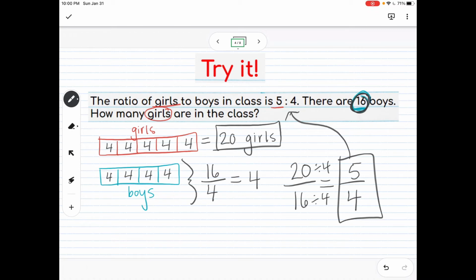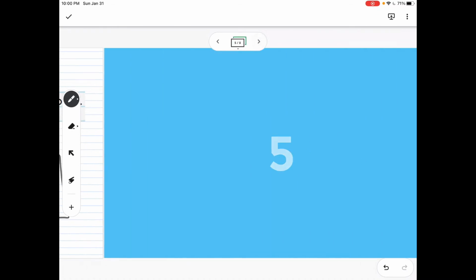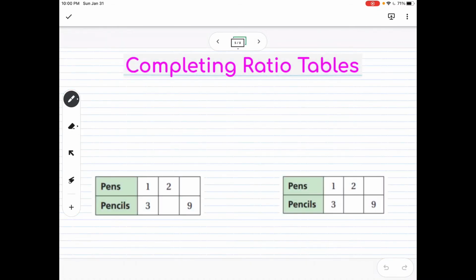All right, let's talk about some other different strategies. So completing ratio tables. Ratio tables are another way to solve ratio problems. So in this case, we're given 2 ratio tables because I just wanted to show you different ways you can find the pattern in a table. So you're going to find the pattern in a ratio table